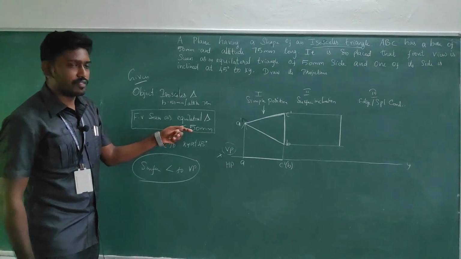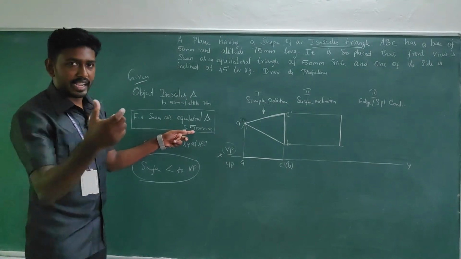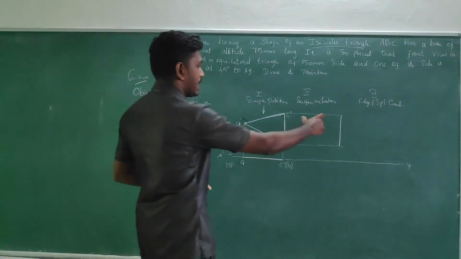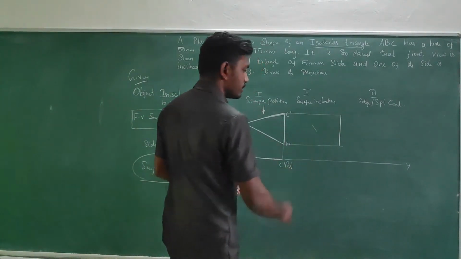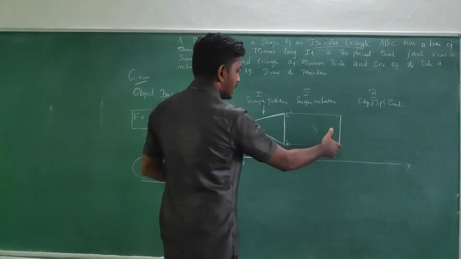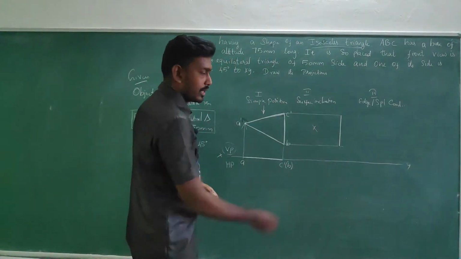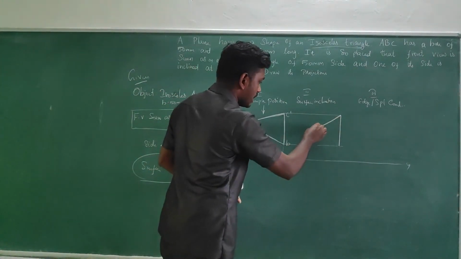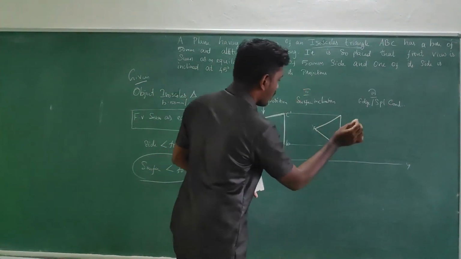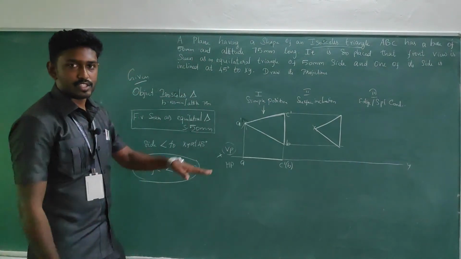Here we have an idea, all the sides are 50 mm. So take 50 mm in your compass and keeping at the end, go for a cut mark. Then from this end again go for a cut mark. You will get an intersection. By connecting all the points, you form the equilateral triangle.